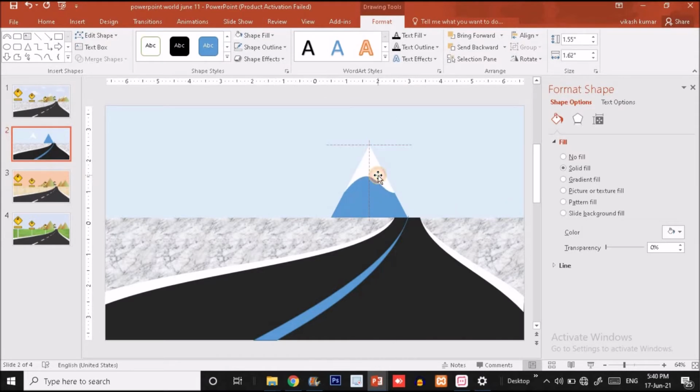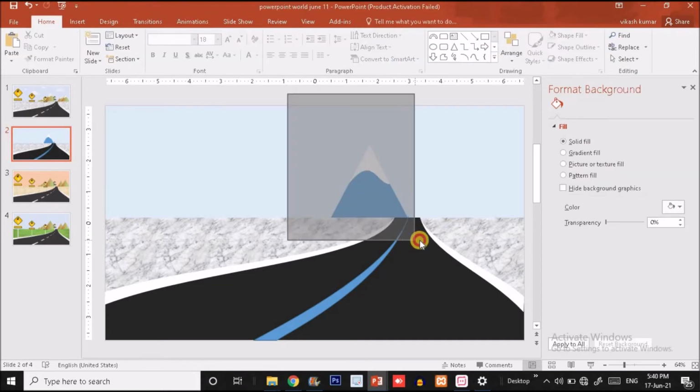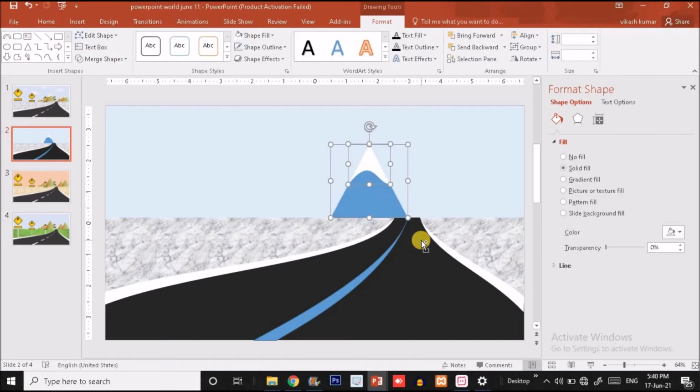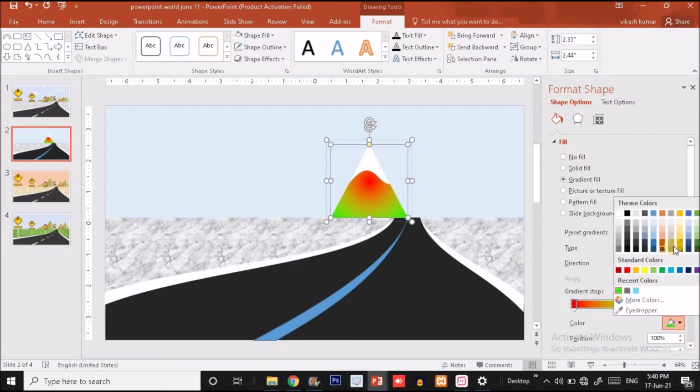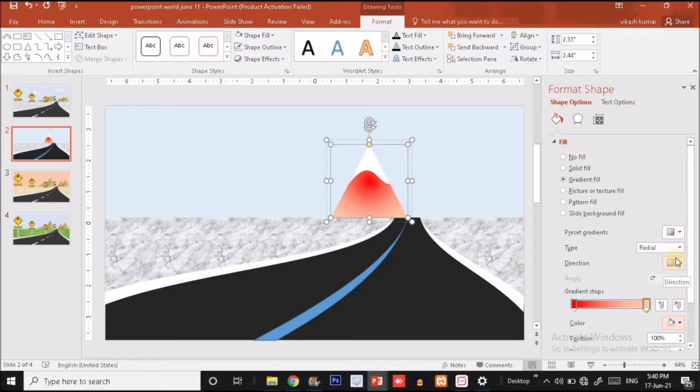I'm going to put it over here so that it will look like a mountain is covered with the ice. Such type of effect I just want to create. Select all these two shapes and press Ctrl G to make a single group, and for this I'm going to choose a gradient fill option. I'm going to delete all these stops because we want only 2 stops, guys. For the mountain, I will use this color, and the type should be linear,